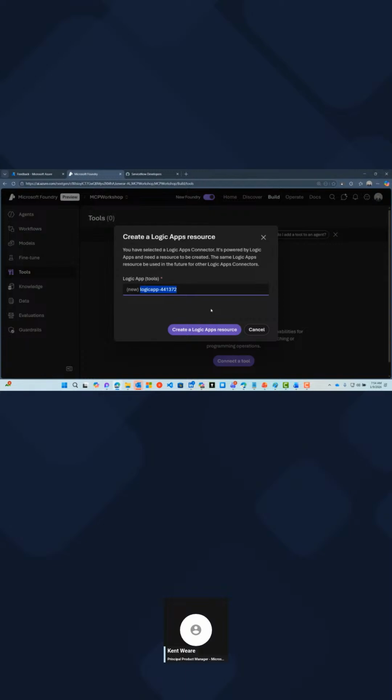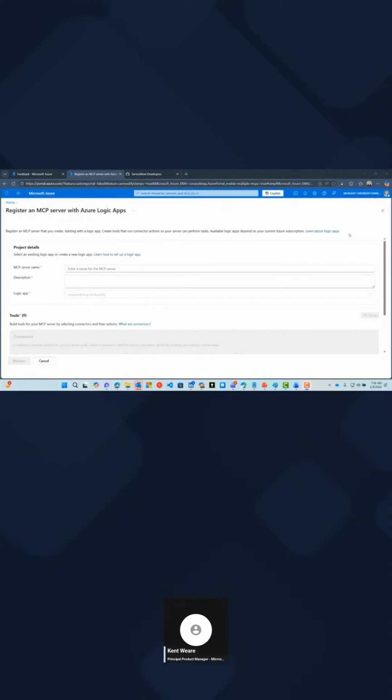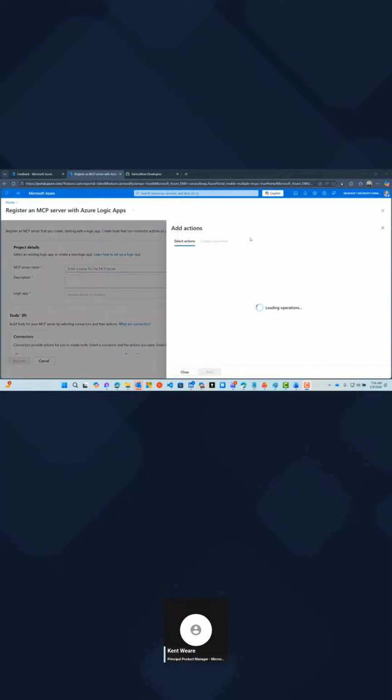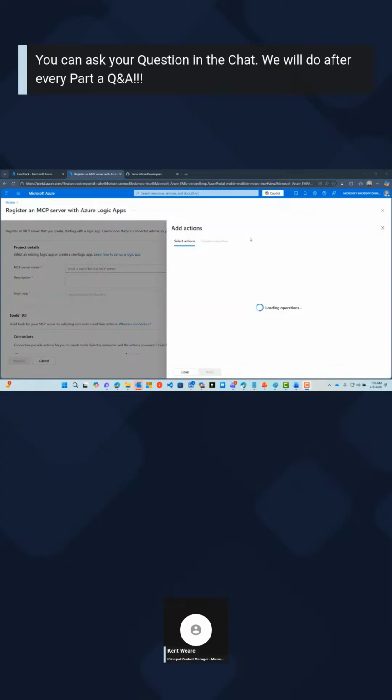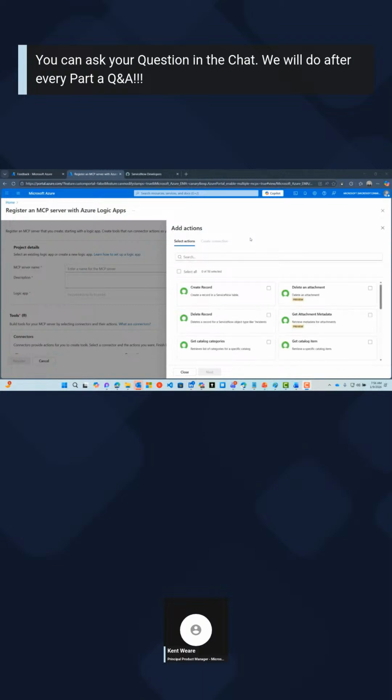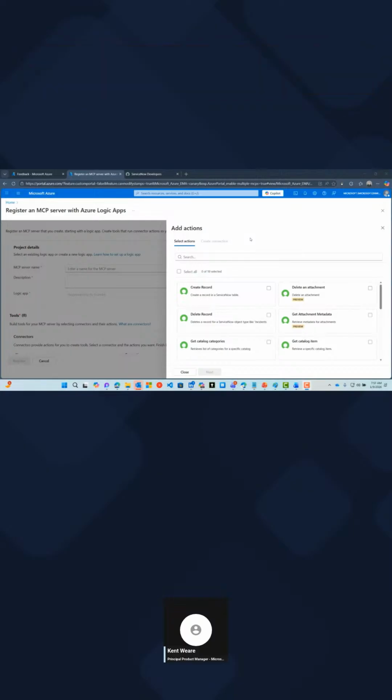So nothing too substantial. So here I'm going to call this MCP Workshop LA, and then on Foundry, just so I know it's Foundry. And we'll go ahead and create this resource. So this will take just a minute or two, so I'll pause the recording. All right, so our resource was automatically created, and we get redirected to this experience. Now, this should look familiar, and it is for good reason. This is a shared experience between the API Center stuff that you saw previously and now Microsoft Foundry.